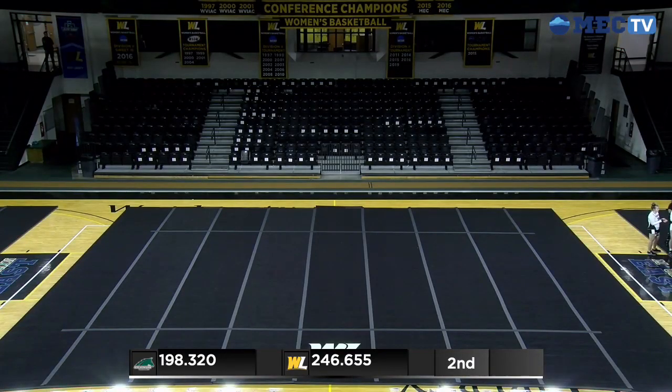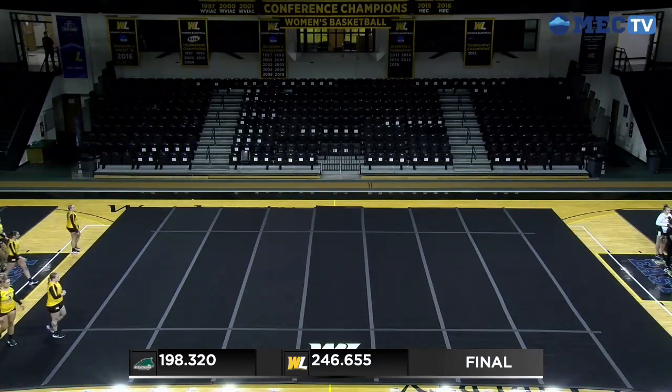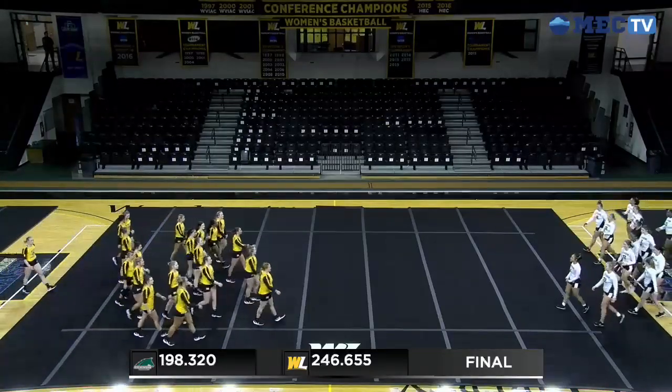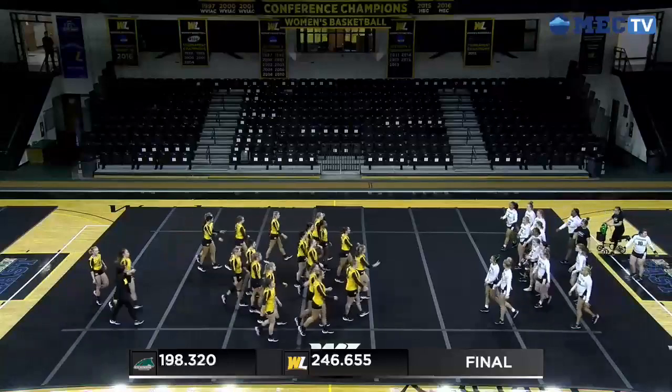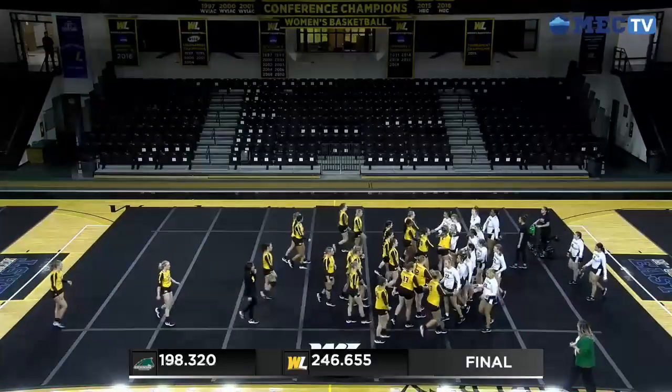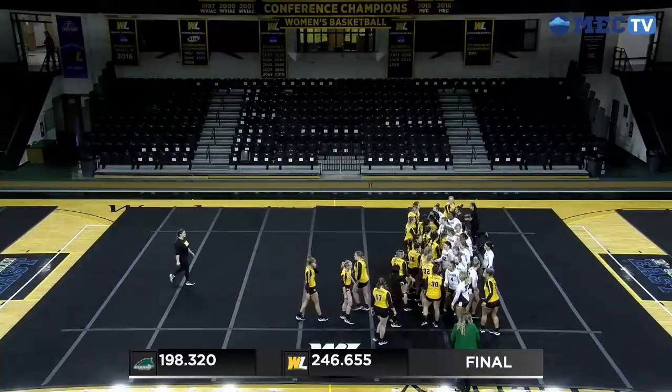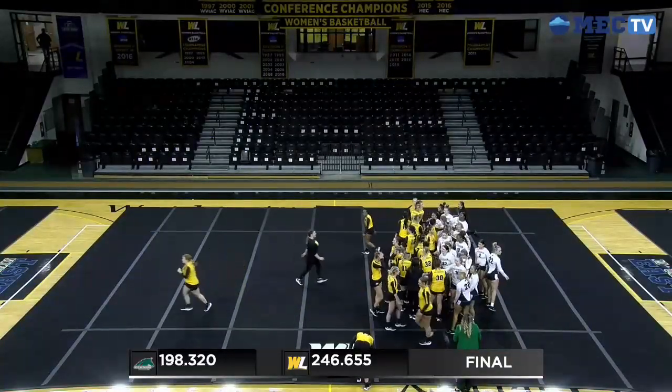So the Hilltoppers square their record at 2-2 on the season and get ready to head out for a long road trip. Stevenson comes away with a school record team total, so both teams got to be pretty pleased with what happened here today inside the ASRC. West Liberty improves to 2-2 on the year. Stevenson moves to 1-1. And as the teams get together on the mat to shake hands and congratulate each other,